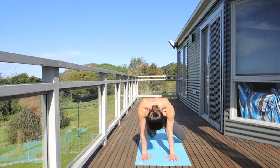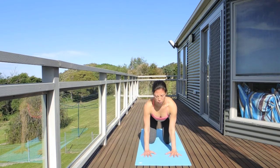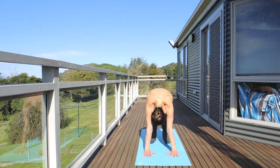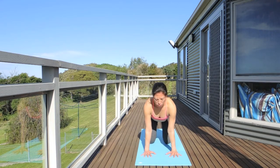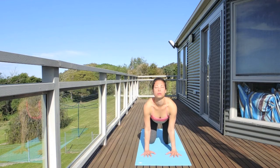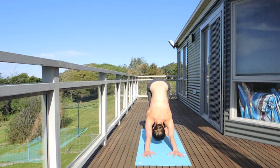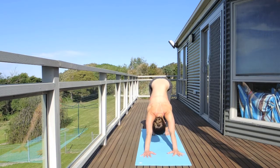Let's plant both hands, sweeping that left knee next to the right. And once again, coming into our cat-cow, just helping to open across the shoulders, open through the belly. Just relieve anything that might be hiding in the spine, opening up the blood circulation, the energy circulation, before finding your downward facing dog. Just keeping those armpits engaging inwards towards each other, fingers spread nice and wide, feet hip